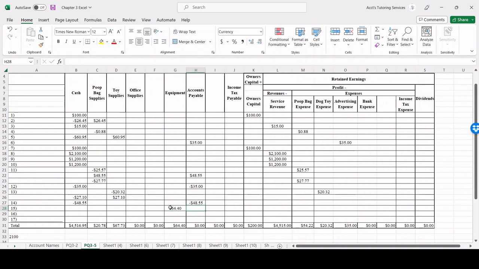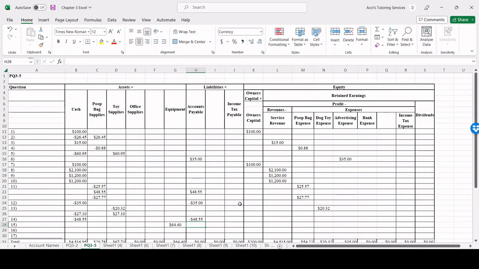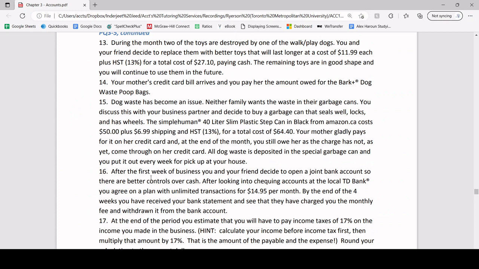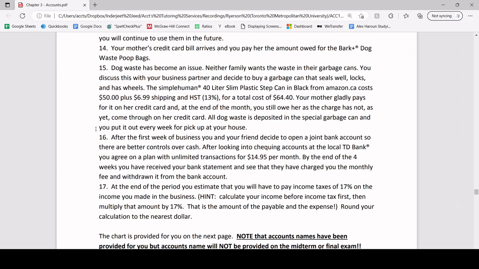64.40. And since our mother paid for it, we have a future obligation because we didn't pay cash for it. This is also going to increase by 64.40. Now, transaction number 16, after the first week of business, you and your friend decide to open a joint bank